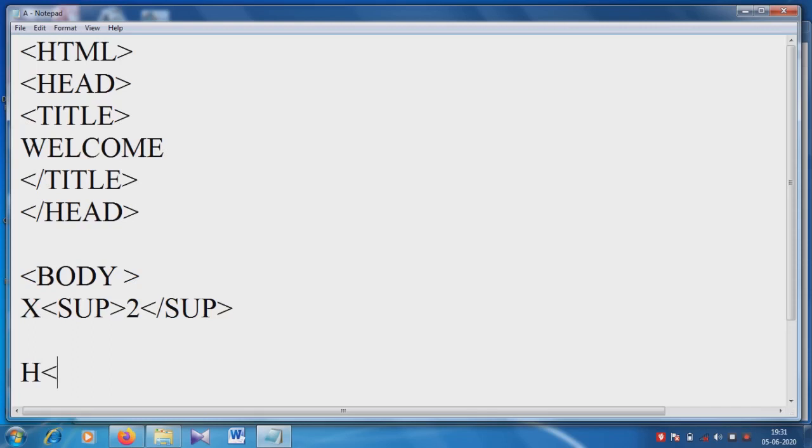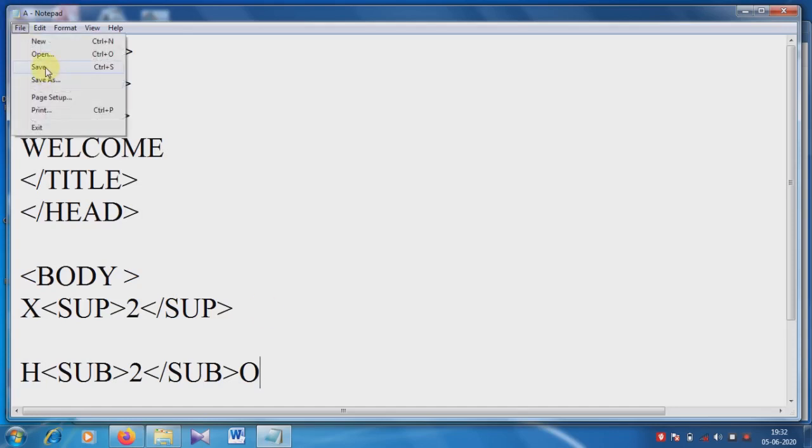So 2 we have to keep within subscript, SUB. This is the subscript tag, then 2, and then you have to close the subscript tag because this is a container element, then O.